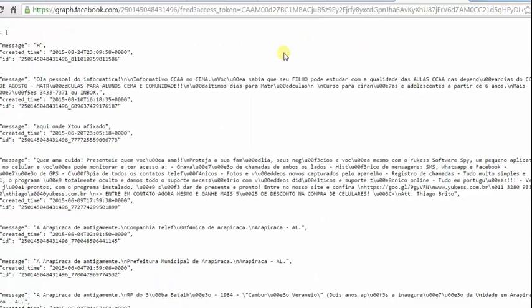In this way you can get the data from Facebook and use it for your own analytics. I'll be pasting all the URLs that are needed, and also the code needed to get the data from Facebook, in the description.